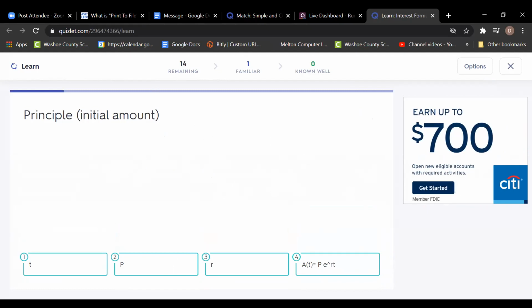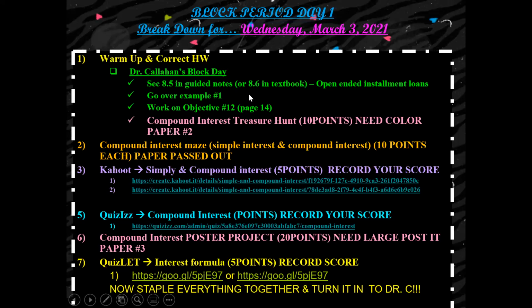All right, you guys, that's basically what you're supposed to be doing today. That in itself should take you about 55 minutes. If you're doing this at home, make sure you take a picture of it and upload it to the MS Team assignment, and I will assign you a